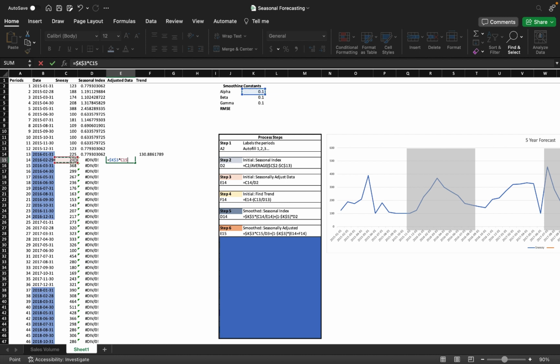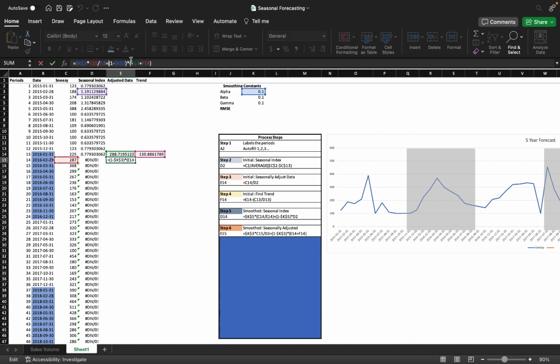Times same period divided by previous seasonal index, D3, plus, open a bracket, 1 minus the same smoothing constant, lock it, close a bracket, times an open bracket, E14. E14 is right above it, and then we'll go plus F14, and F14 is right and above it again. Close bracket, equals,